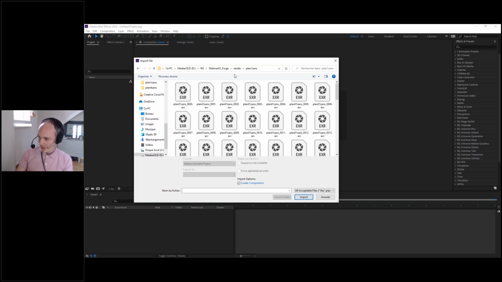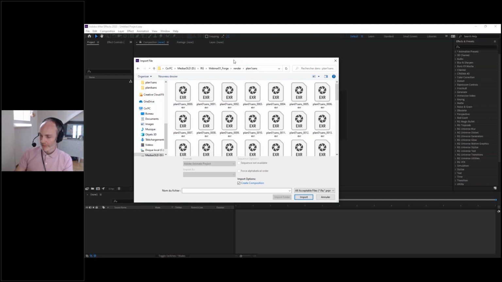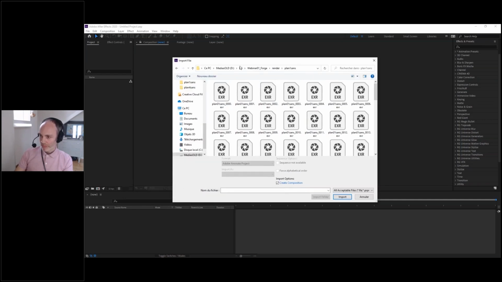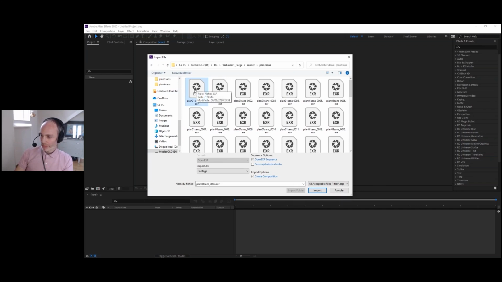So we have a specular layer, we have a reflection layer, a shadow layer, whatever layer you want to have in just one sequence. So you see, just one sequence, I will have many things. With After Effects 2020, OpenEXR is fully supported, so we don't have to buy any plugin or install anything. It's going to work right off the bat. If I choose my first shot, I need to use here in the sequence option OpenEXR sequence, and here the import option, create composition. That's very important. Create composition.